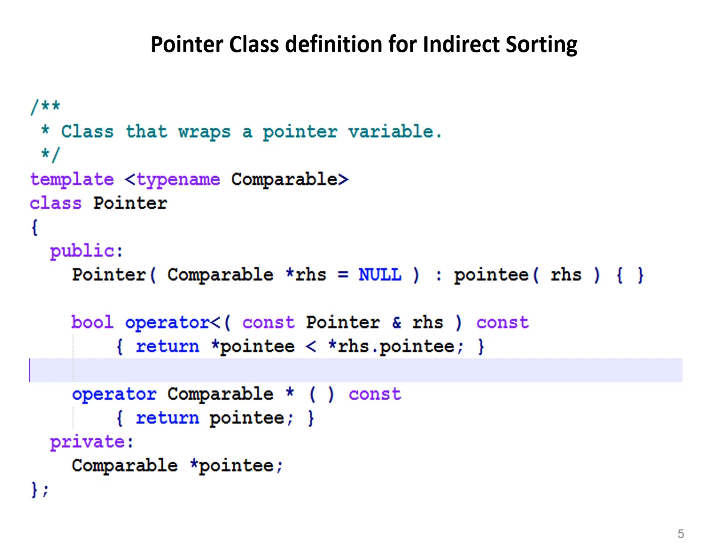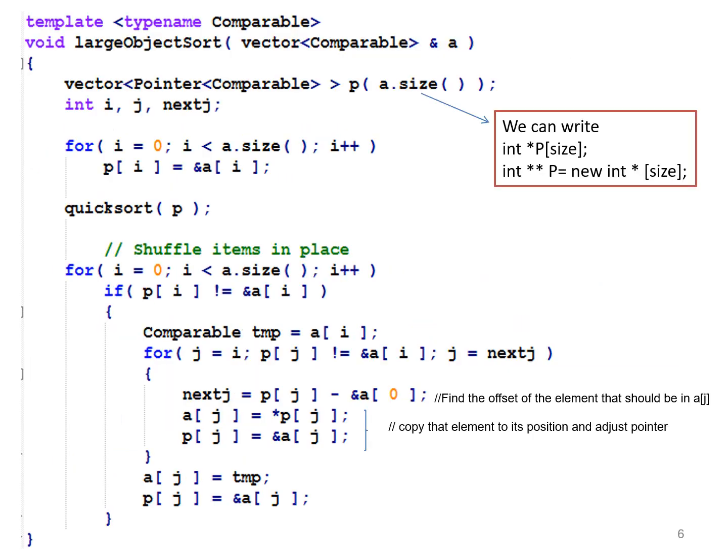To start with, we have a template here, and you see what is happening. Comparable is just an element which will store the element which has been removed from the index, which is wrongly sitting in that particular index. So you have an operator to see whether it is less than or greater than. It is just self-explanatory. We'll go on to the next slide after this. After this, if the elements are residing at the same place where the pointer is pointing to, you have two more statements: p of j is equal to temp and p of j is equal to ampersand of j. So this is the meaning of this algorithm.